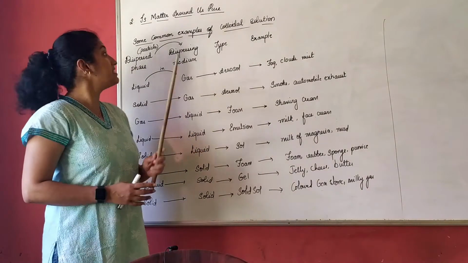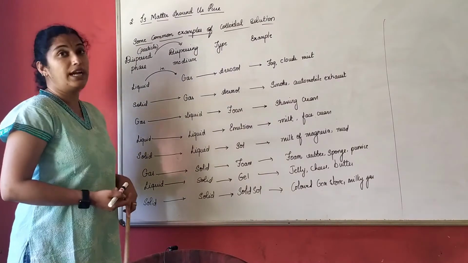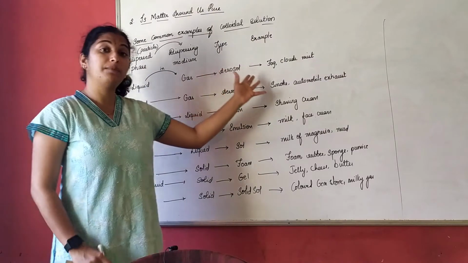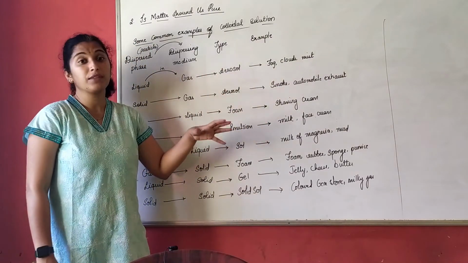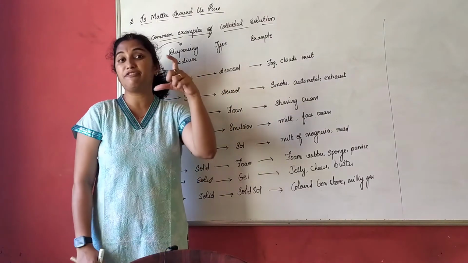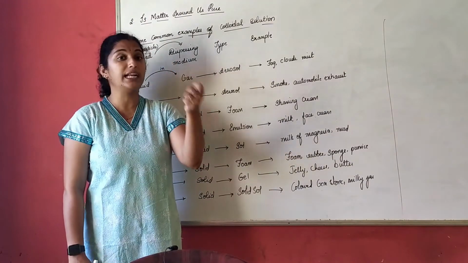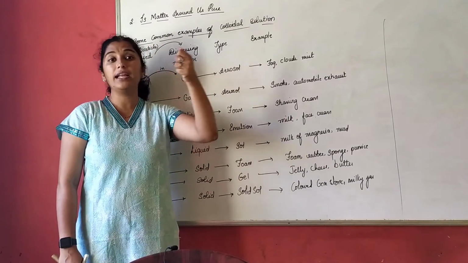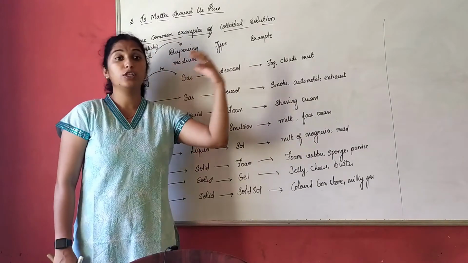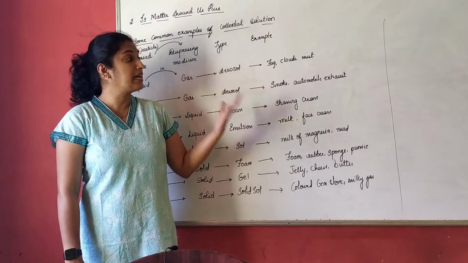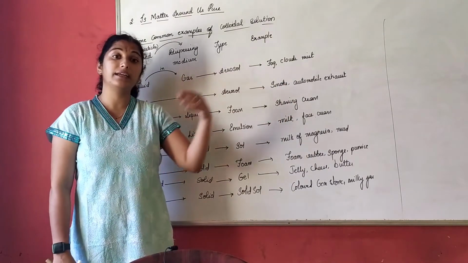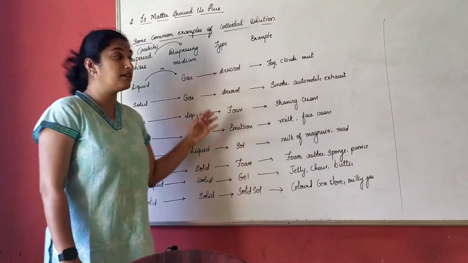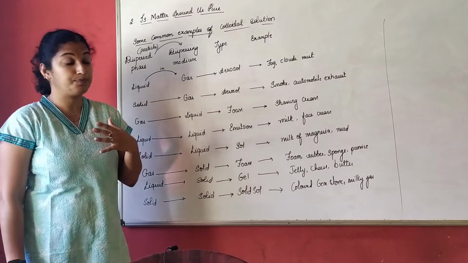Okay, so now we'll see some common examples of colloidal solution. Before I take you to this, let me recall. In our previous class, what did we do? I said that if I have a glass of water, that is liquid, and I am adding 2 spoons of particles, for example, adding 2 spoons of gas in it, what is the type of solution obtained? The type of solution obtained is also a liquid. Example, carbonated water, soda, what we call. So even here we have to assume it in a similar way, right?